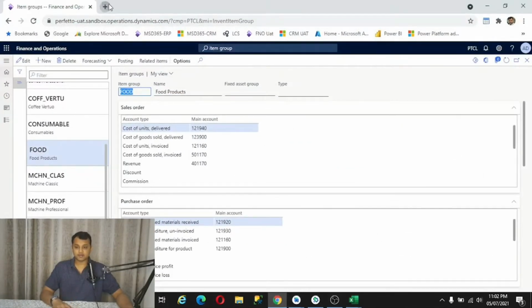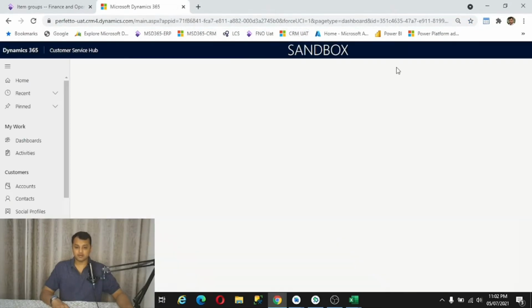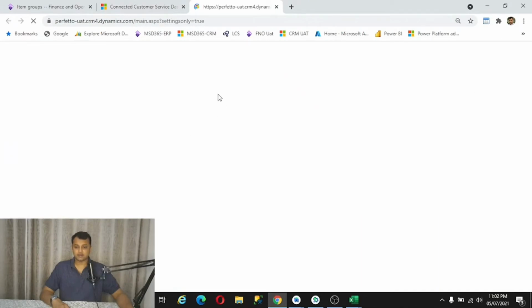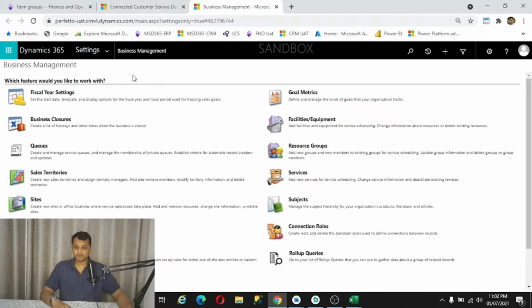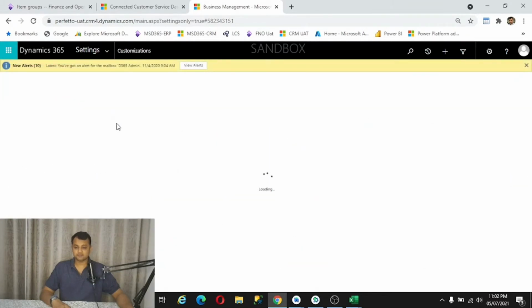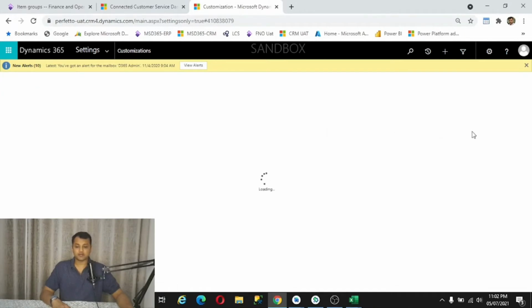For that purpose, I need to log into my CRM UAT. I'll go to Advanced Settings. Under Advanced Settings, click on Customization. Under that, we have Developer Resources.